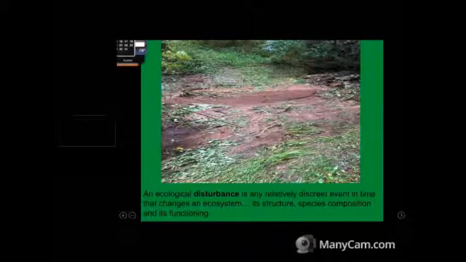Everything, once again, from a cornfield to an old-growth forest, both of those systems function differently. And so a disturbance is anything that happens that causes a current system to change its function, and it starts to operate in a different way. And if you're going to be doing a restoration agriculture system, what you'll notice is at first you're working within the current ecological system. And as you get the new system set up, it takes a while, it seems,